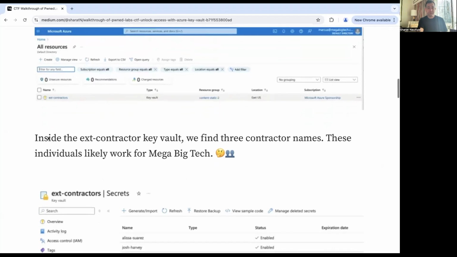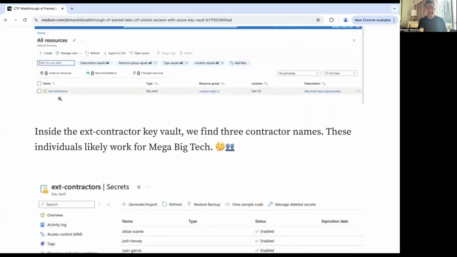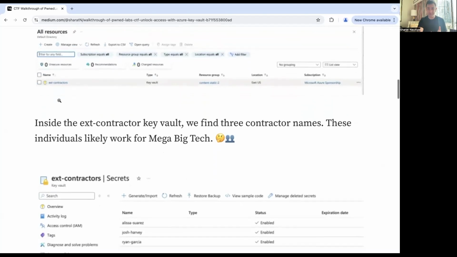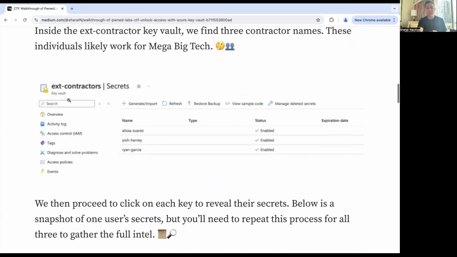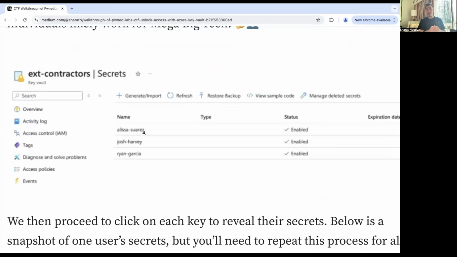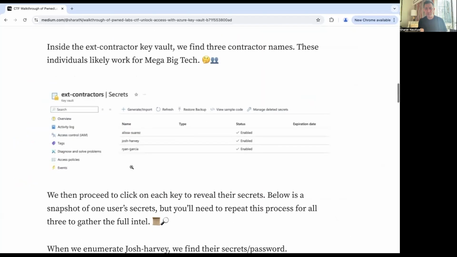So it looks like he has this ext contractor. From the name of it, sometimes the name can give you a lot of detail. So here it looks like this is external contractors, possibly, but regardless, we start clicking into it just to see if we have access to it. And we do. So when we click on this key vault, we see three secrets over here, basically three names: Alyssa, Josh, and Ryan. And what we do is